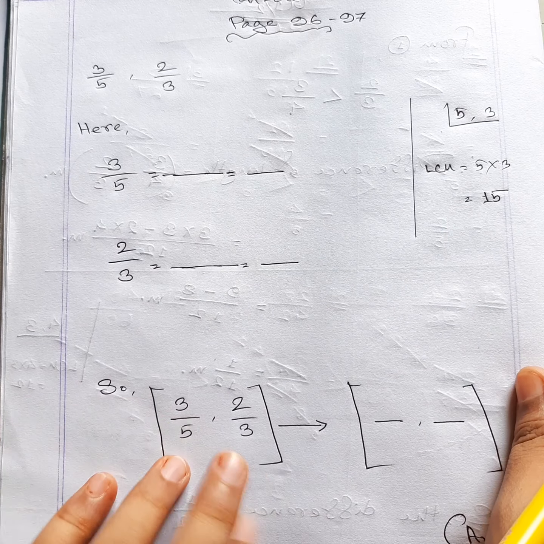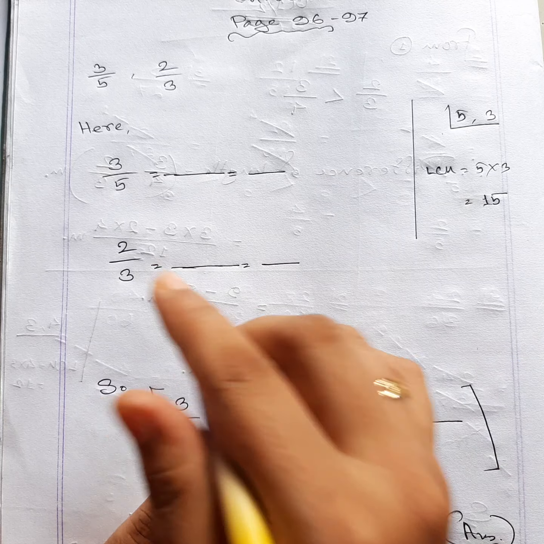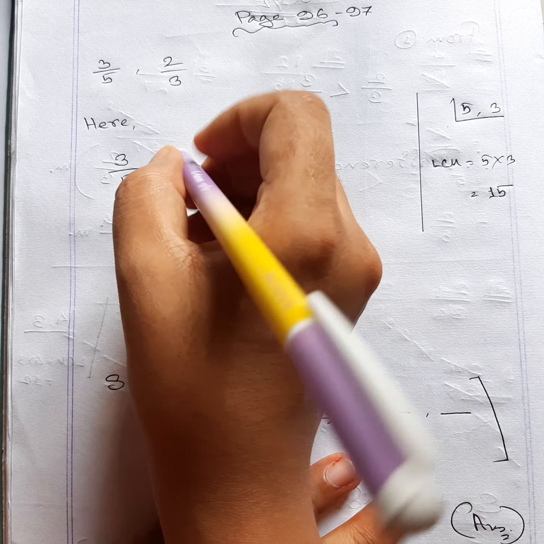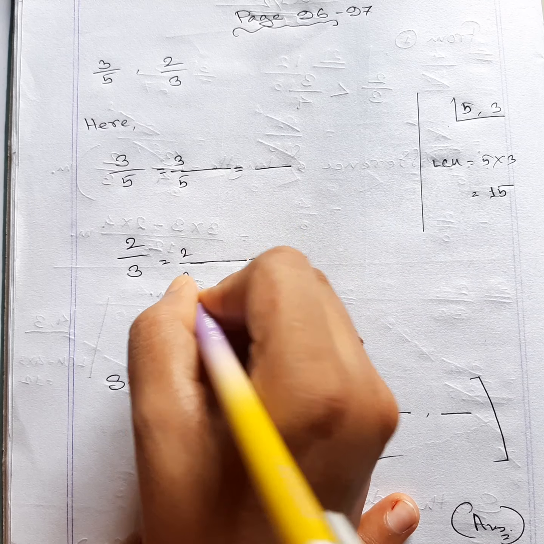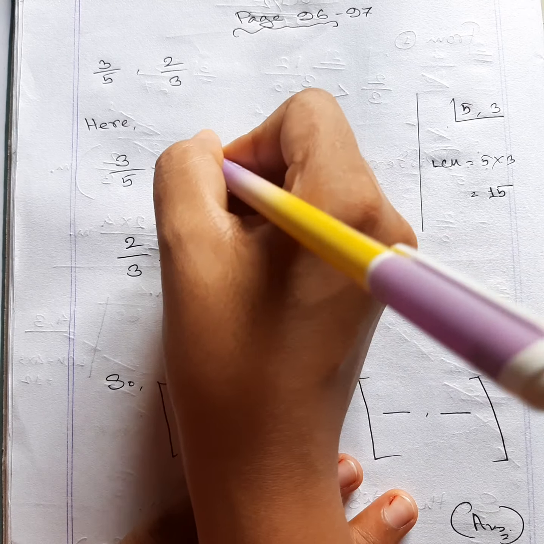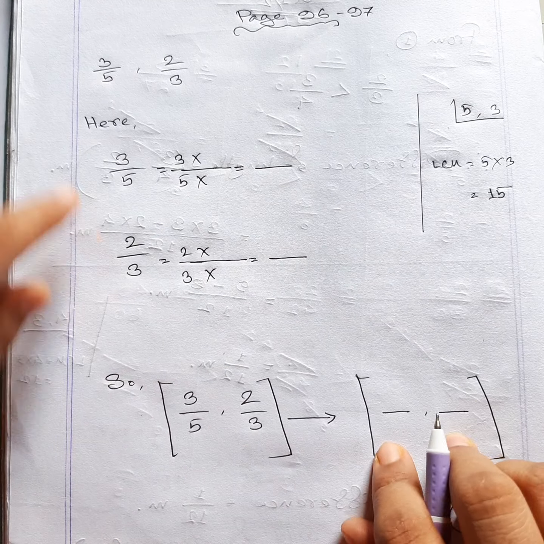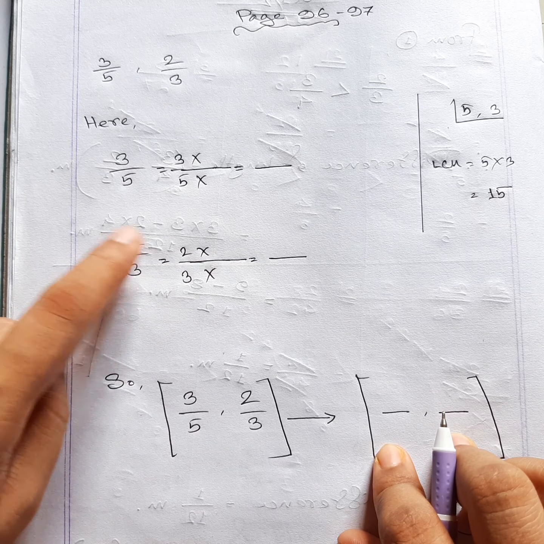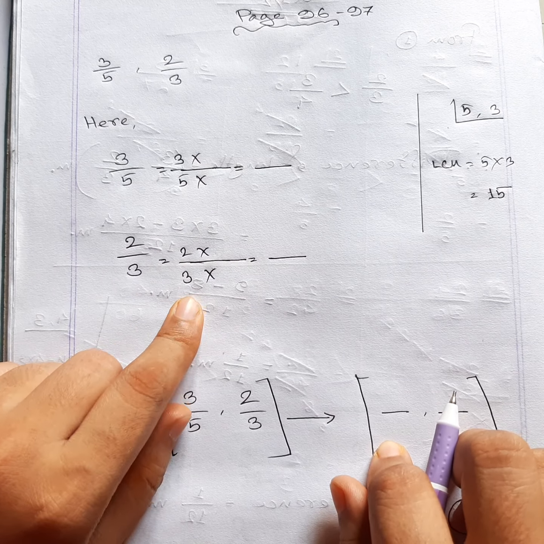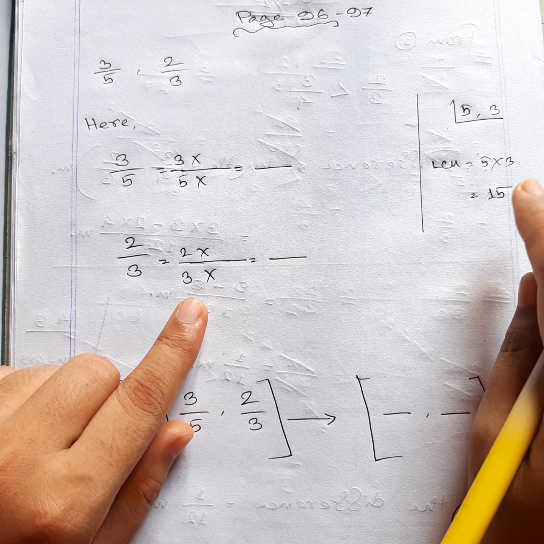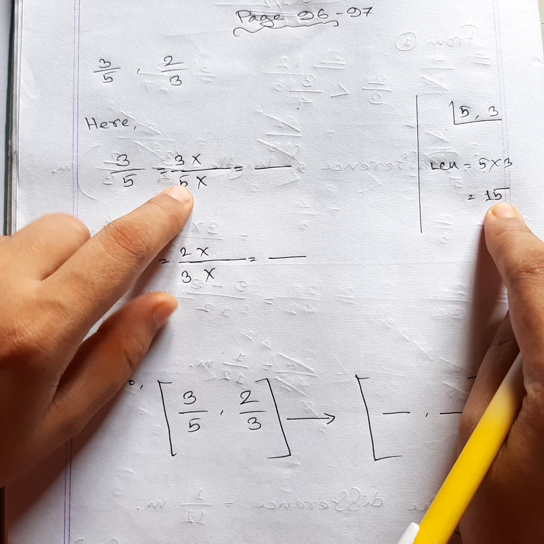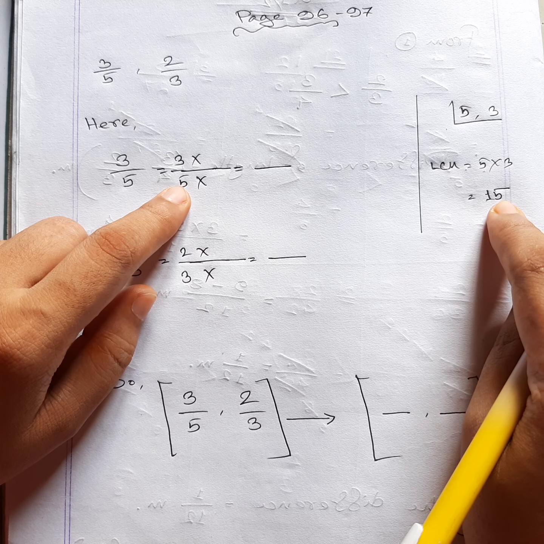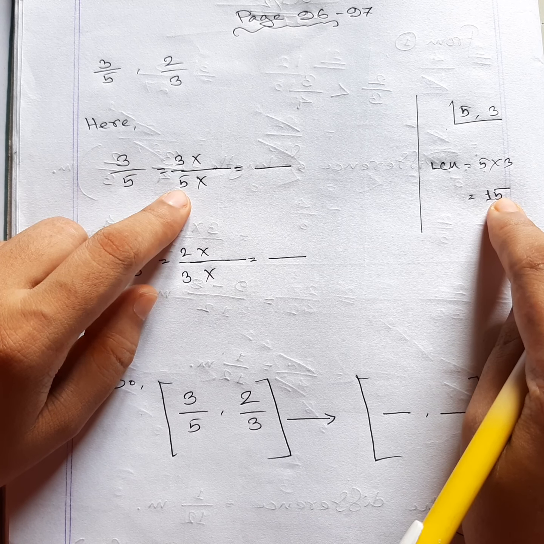Okay, the book method we have already explained, and now my way. What we are going to write down first is the given fractions, just as they are. You can see 3 by 5, 3 by 5, 2 by 3, 2 by 3. So what we are going to do is divide our LCM with 5, and then we'll get a result, which is 3. If you divide 15 with 5, we will get 3.